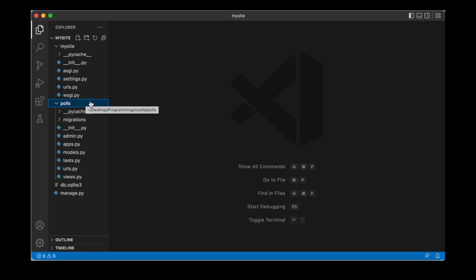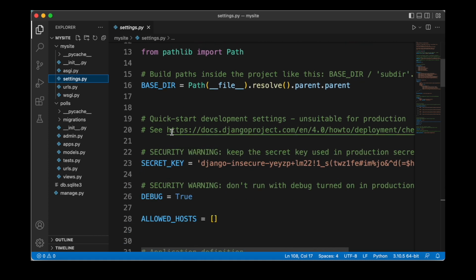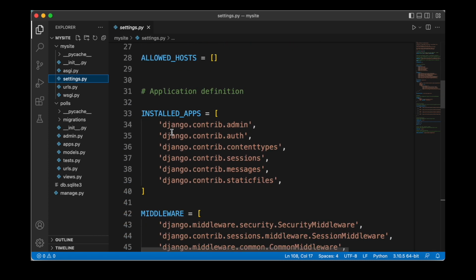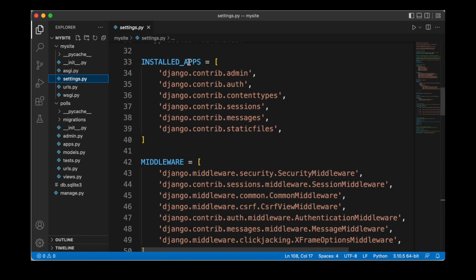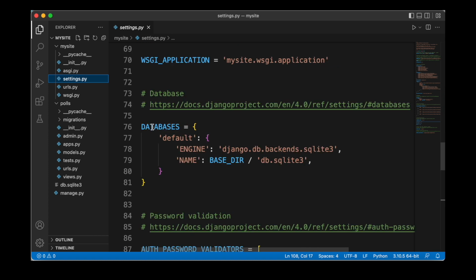In general, we're going to start out by configuring our database in the settings.py file, which is part of the My Site project. So if we open this up, we can see we already have some default configuration included. We have, for example, a list of the installed apps that come with our application. And we also have our databases configuration. So this is the default entry here, which is using SQLite, which is a very small scale database that's mostly used for testing purposes because it's not really usable in production with a lot